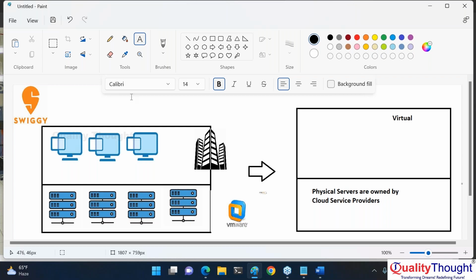Now, let me speak about this. Swiggy should have a database. Do you agree with me on that? Every day, whenever you are ordering your food items, the invoices and so on are getting stored, right? Whenever those kinds of things are stored, they get stored in a database. Now, if I give you a server and tell you to bring a database up over here, what do you do?